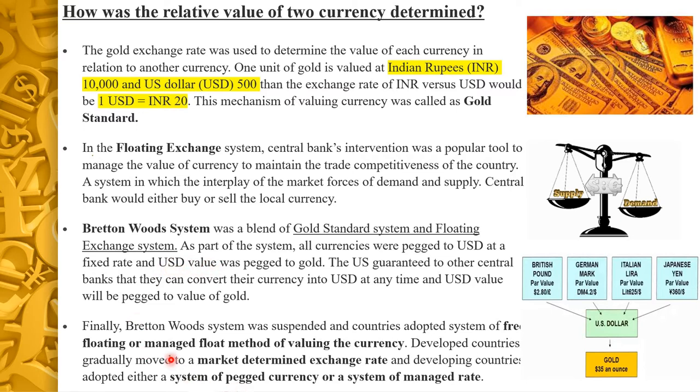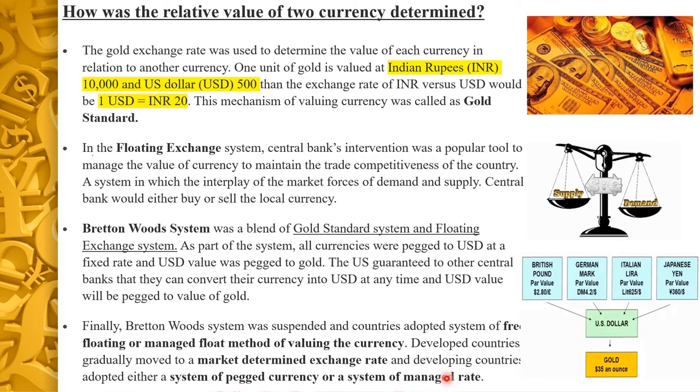Finally, Bretton Woods system was done with and countries adopted a free floating or managed float method of valuing the currency. Developed countries moved to market determining exchange rate, where market forces had a huge role to play in determining the value of the currency, and developing countries adopted either a system of pegged currency or a system of managed rate. So in a system of pegged currency, the value of the currency is pegged to another currency,